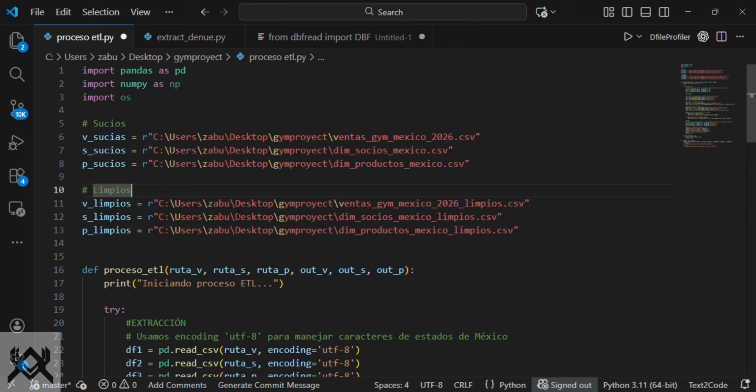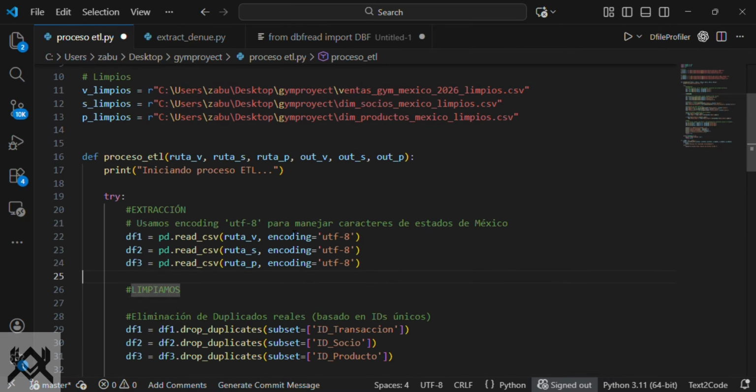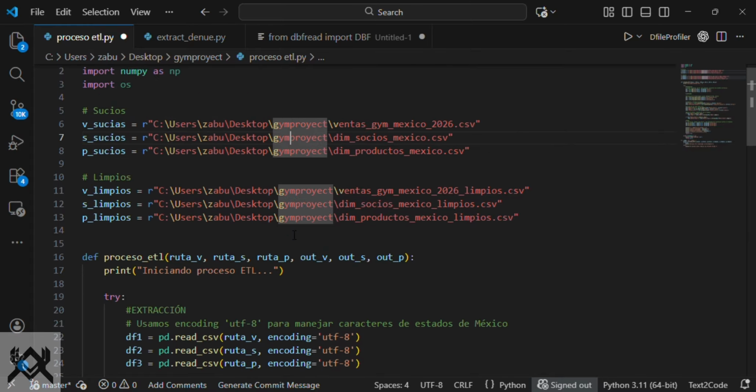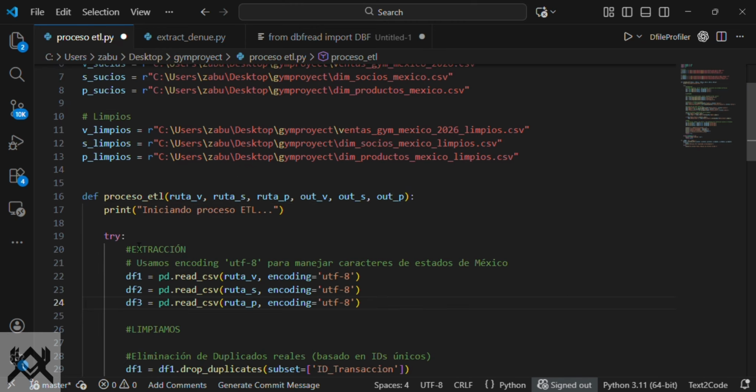The same idea: user, Sabu, desktop, Gym project, and this CSV file with its name, but this data is clean. Okay, after that we write a function. This function has 6 parameters: these 6 parameters are the dirty data and the clean data. Okay, we need to write a try, because if we get some error, the program stops.